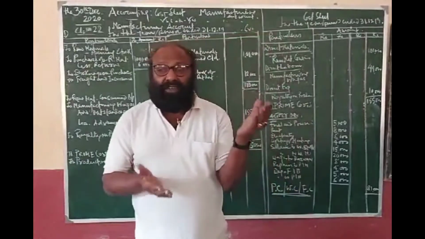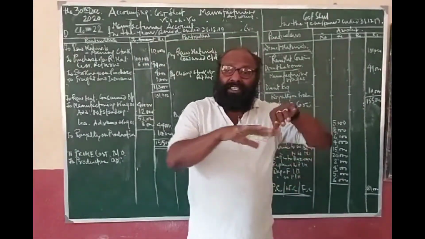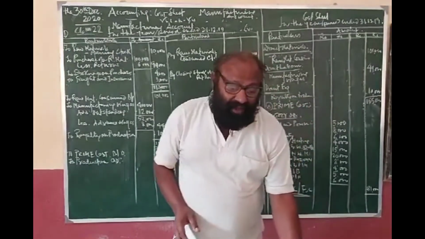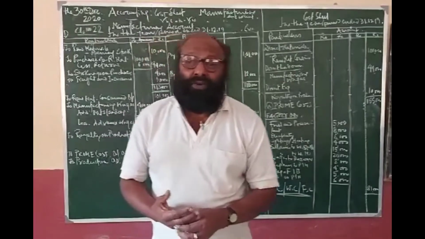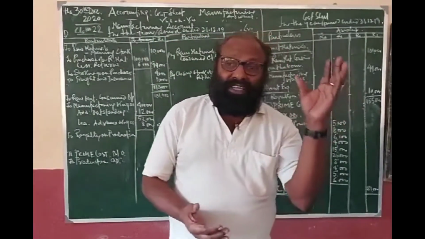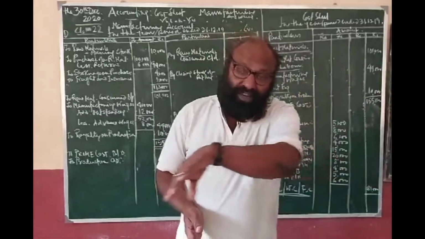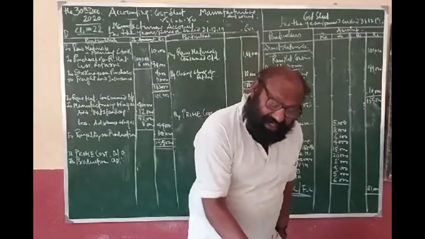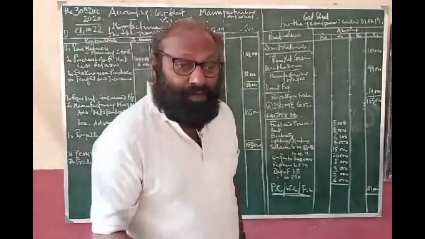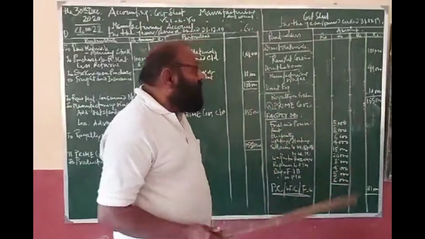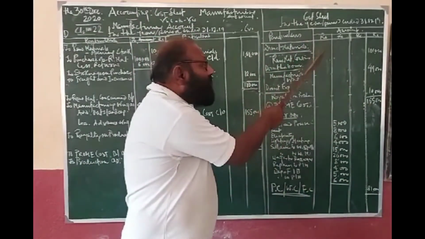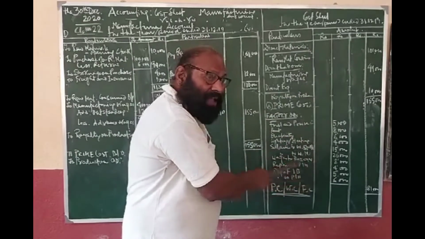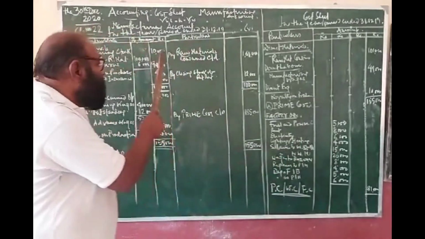Now there are two types of organization, business houses. One is trading organization, which is concerned with only purchase and sale of goods, no transformation. That is known as trading organization. And industrial organizations are those which are concerned with purchase of raw material, conversion of raw material to finished goods, and then selling of the finished goods. That organization, that is manufacturing organization, producing organization, industrial unit, is concerned with the manufacturing of product. So they prepare this type of cost sheet, and they do prepare manufacturing account.